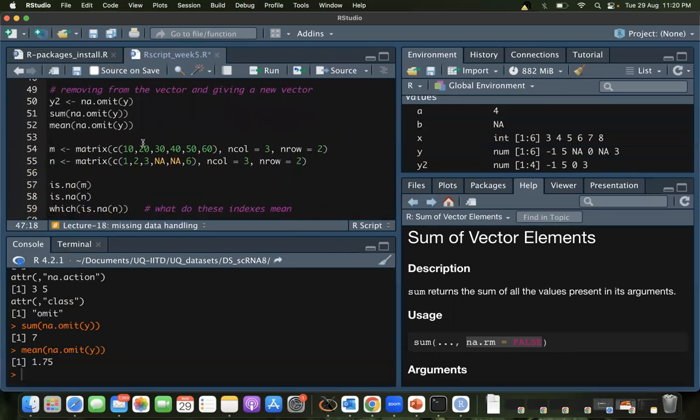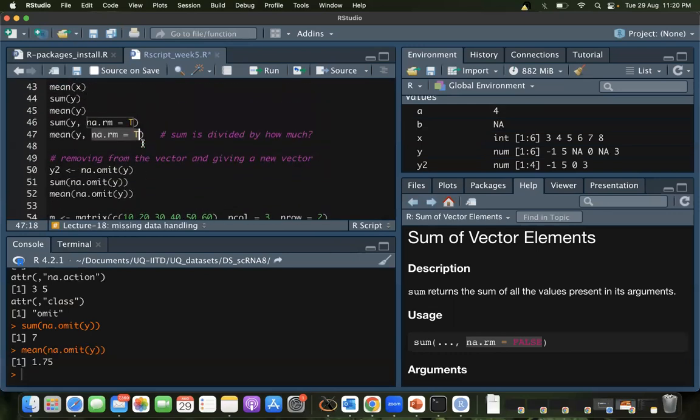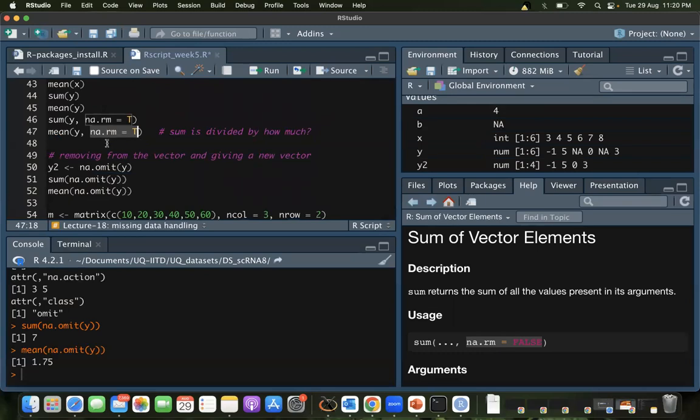Now just be careful that you should not exchange the two things. na.rm is not a function like na.omit is. Here na.rm is an argument. na.omit is not an argument within these functions. Okay, so just keep that in mind. I'm going to ask you this question at the end of today's class. So give me the right answer then. Okay.